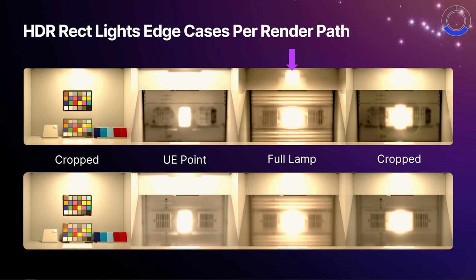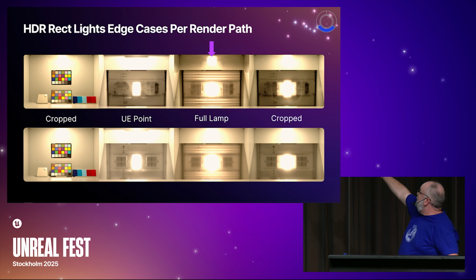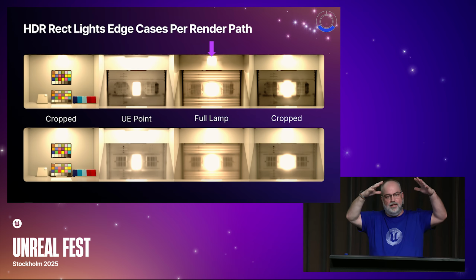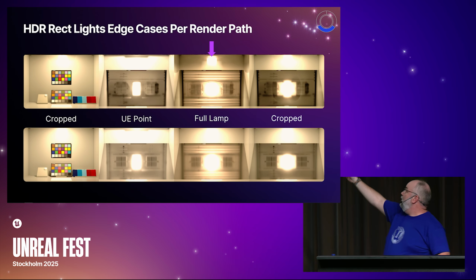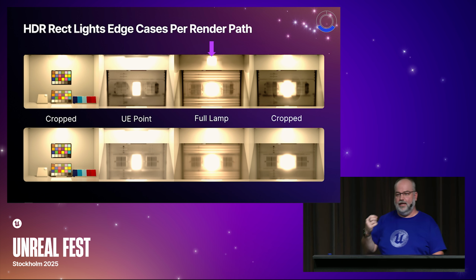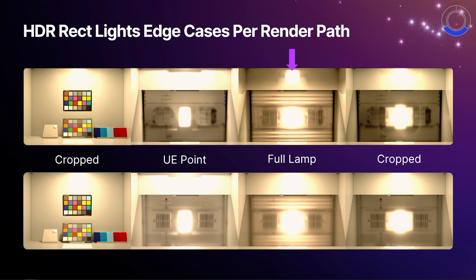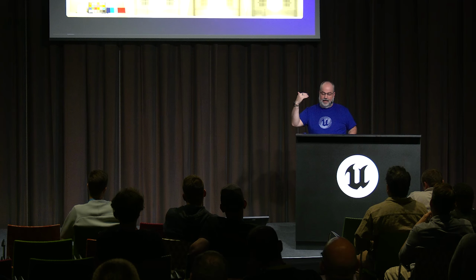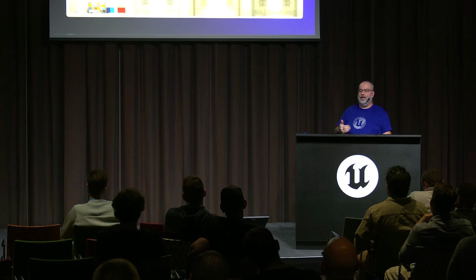And so when you path trace, which is what the bottom row is, you see that between the full lamp and the cropped, there's going to be a little difference. There's a little bit more light coming out of the full lamp, but that artifact is only in the viewport in Lumen, and it's only at the top there where it first hits. And then what I did in the last one is I cropped just to the middle, to the logical extent of that light and how it shines, and I don't get that artifact,